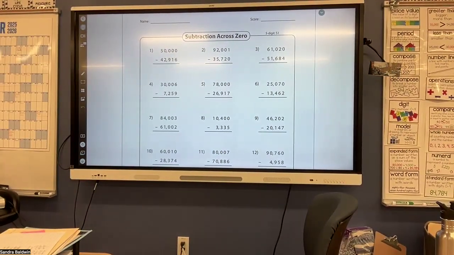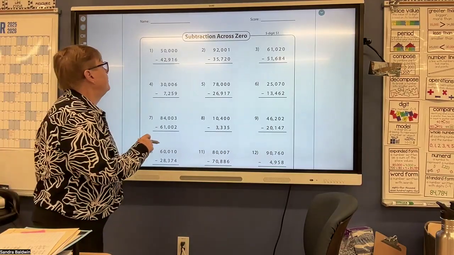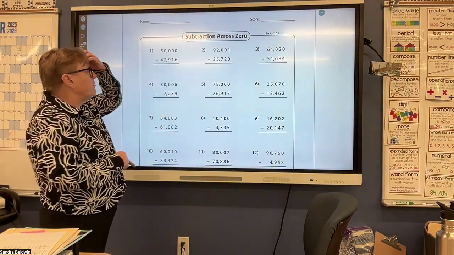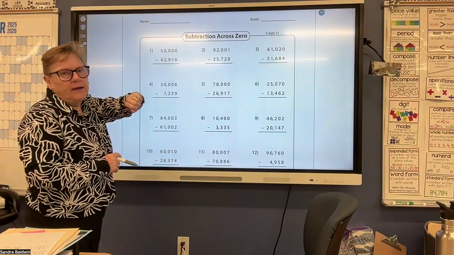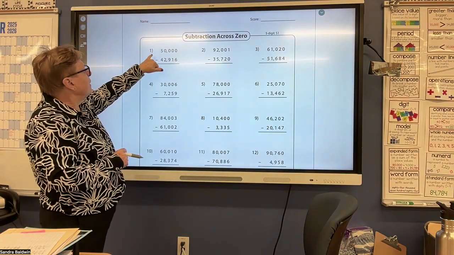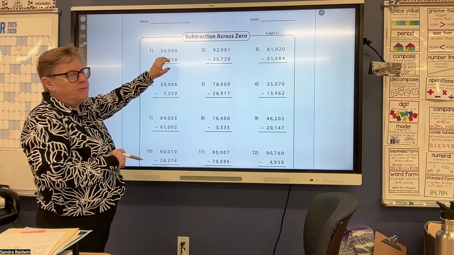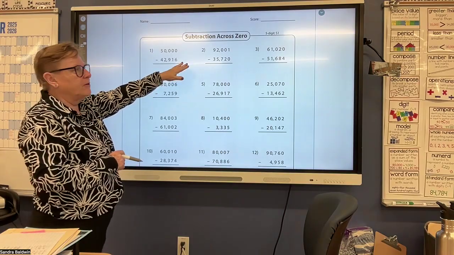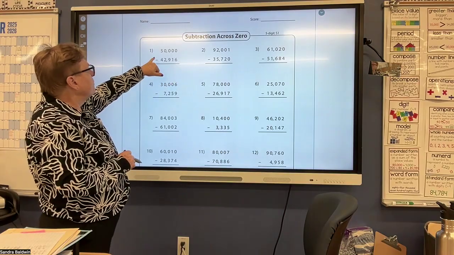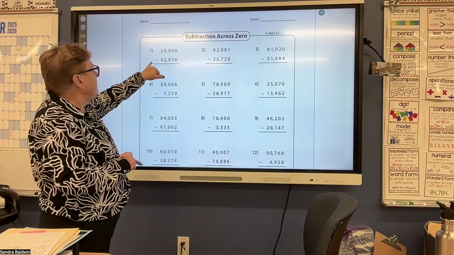Okay, boys and girls, the homework has to do with subtraction across zeros. So I'm going to do the first three. You should have worked on this last week, but just in case you forgot, I will show you these three examples. Okay, the first problem is 50,000 minus